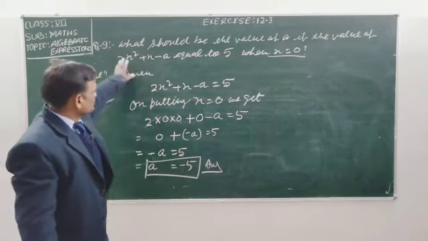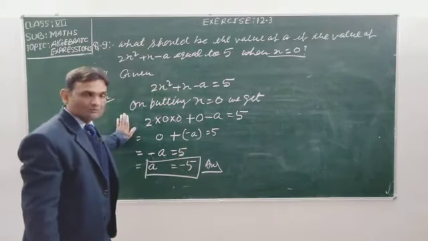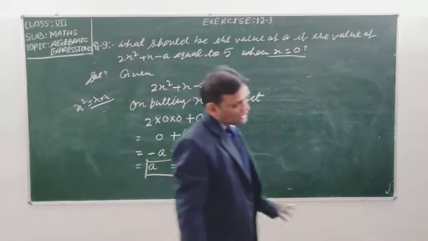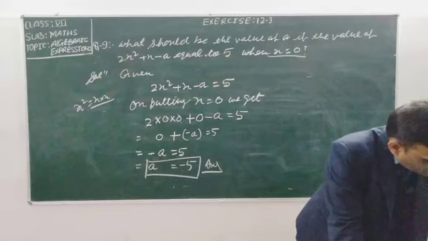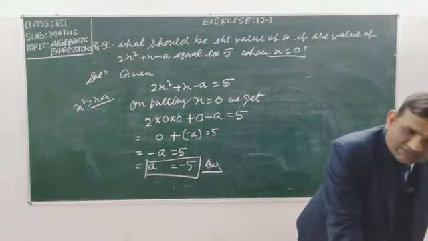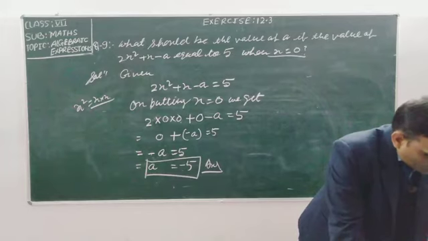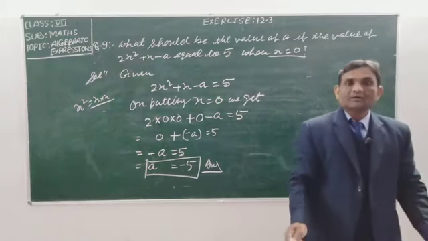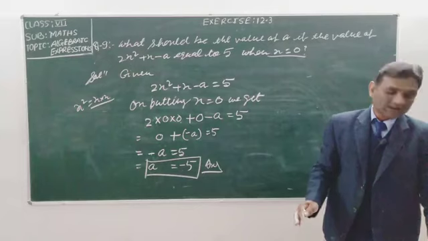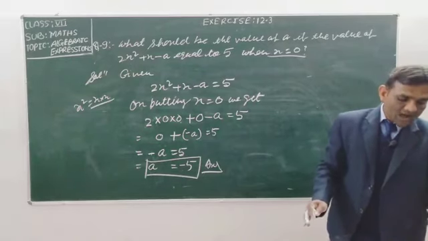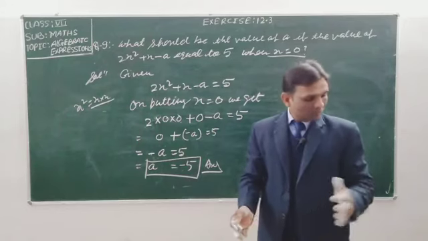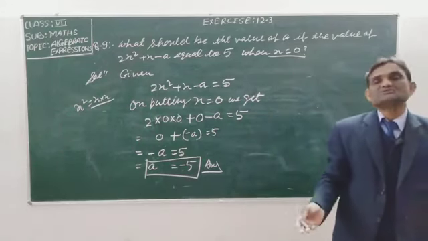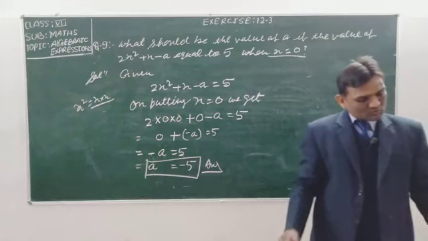I hope student you have understood this question very well also. So student, question number 10, as same: simplify the expression and find the value when a is equal to 5 and b is equal to minus 3. The expression is given. So student, firstly simplify the expression. After this, put the value of a and b in the expression, and you will get the value of the expression at the last. So I hope student you have understood.